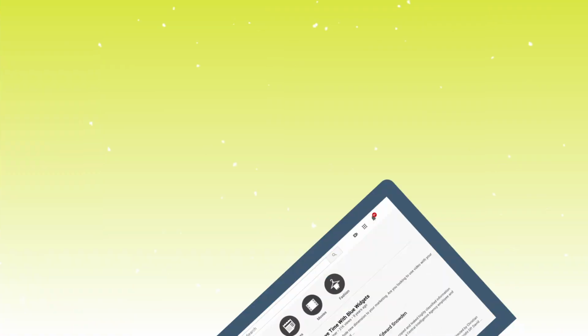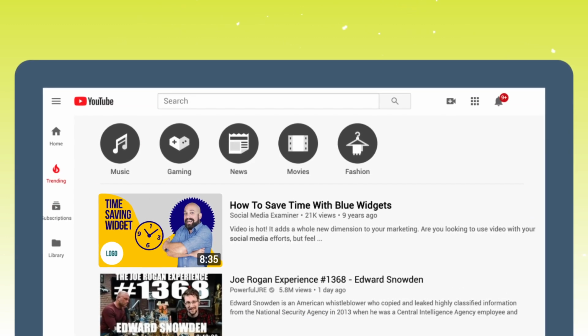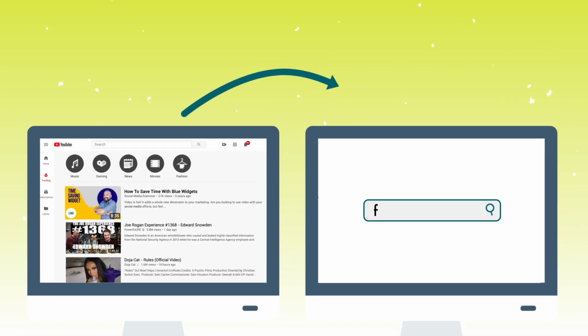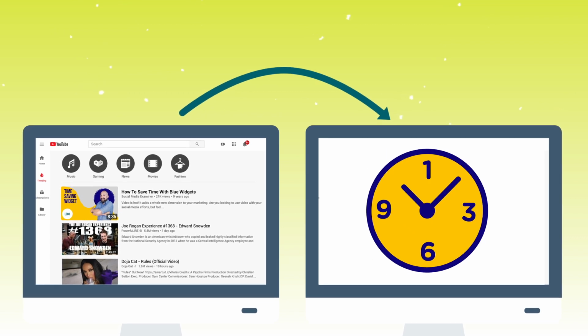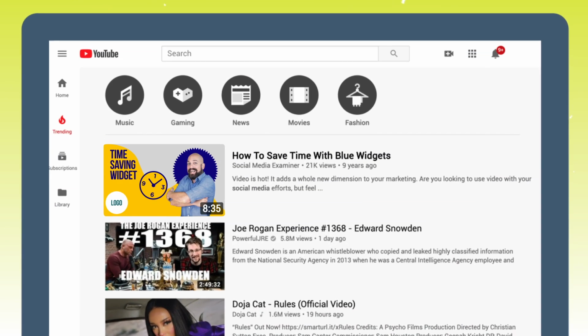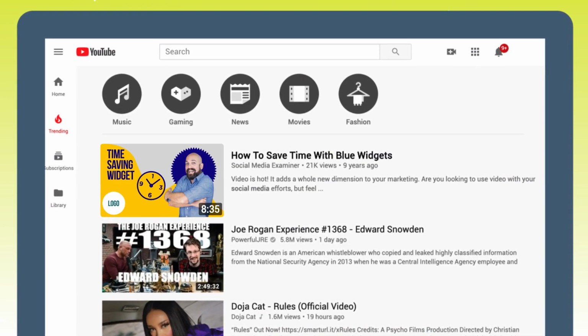Going back to our example of time-saving widgets, we might add a clickability factor of a clock icon. So I'll go to a free icon website, I'll find a clock icon and copy it, then add it to my thumbnail in Canva. Now we've added a visual cue that completes our thumbnail and gives us a very clickable thumbnail design. That's it. You've now got a very scalable system for making very clickable thumbnails for all your YouTube videos.